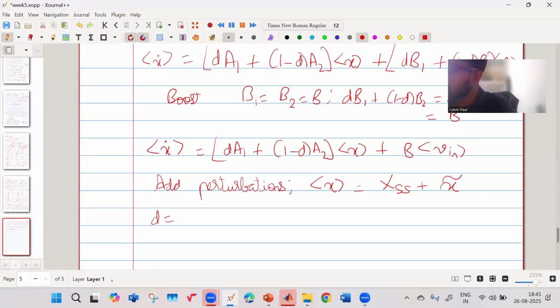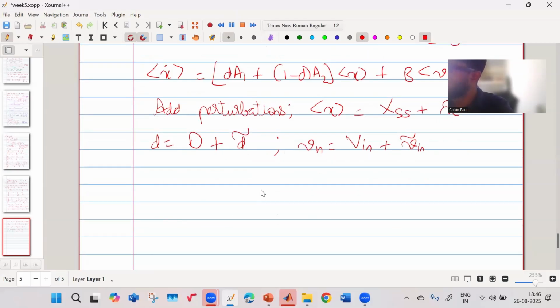The d we replace by the steady state duty plus the perturbation in duty. The v in we replace by the steady state v in plus the perturbation in v input. Okay. When we do that, we will get,